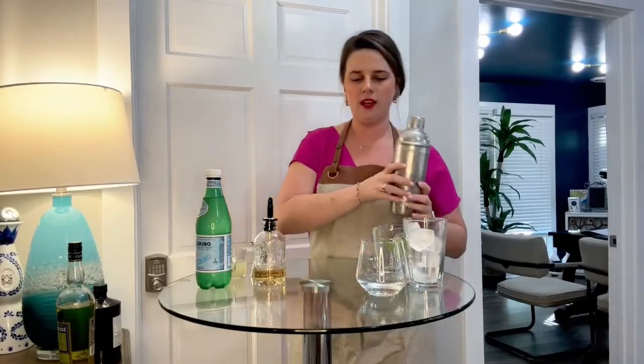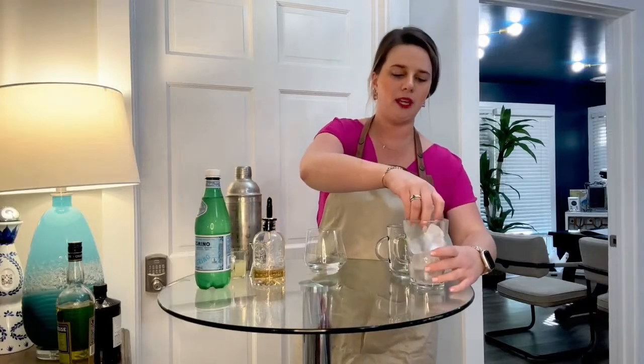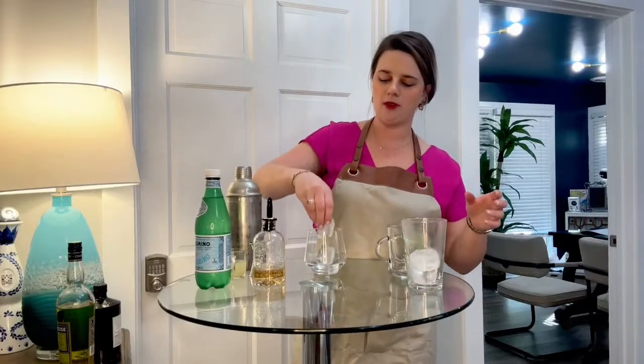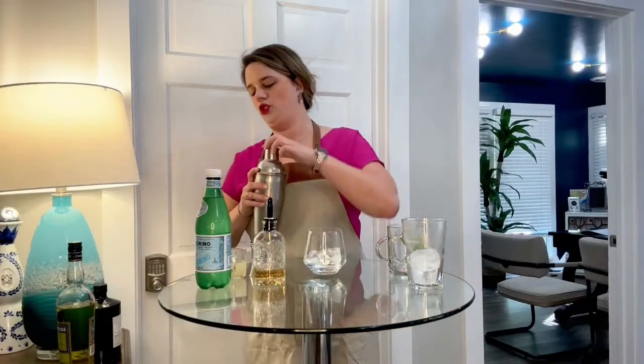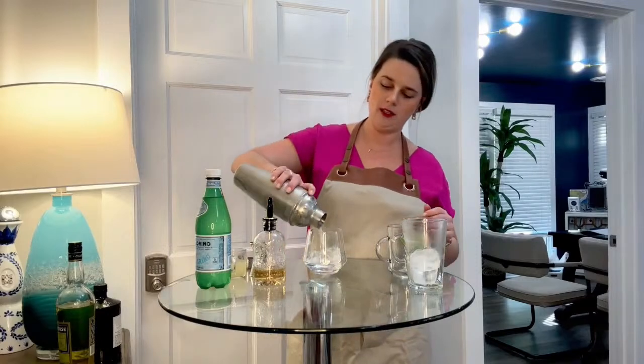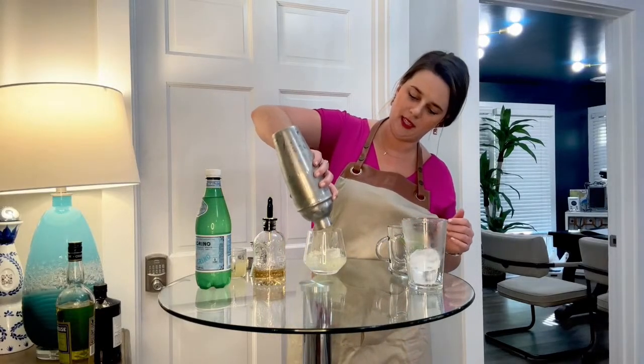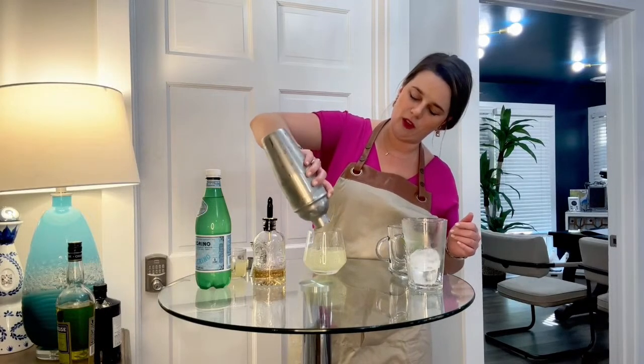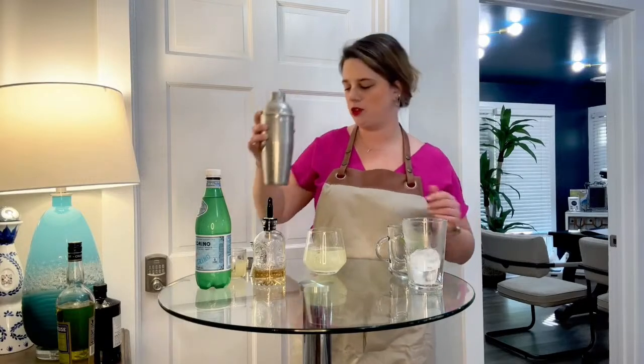Should be good. Okay, so use whatever glass you like. I think my email said a coupe glass. Really, you need a highball glass or something of that nature. I've got some big cubes in here. It is warm outside already, so these big cubes won't melt as quickly. All right, pour it in. You might get a little bit of the basil floating in there. That's fine. But if you don't want anything on your teeth, double strain it, but I'm going to let it roll today. All right, and finally, we're going to top it with a little, don't explode,